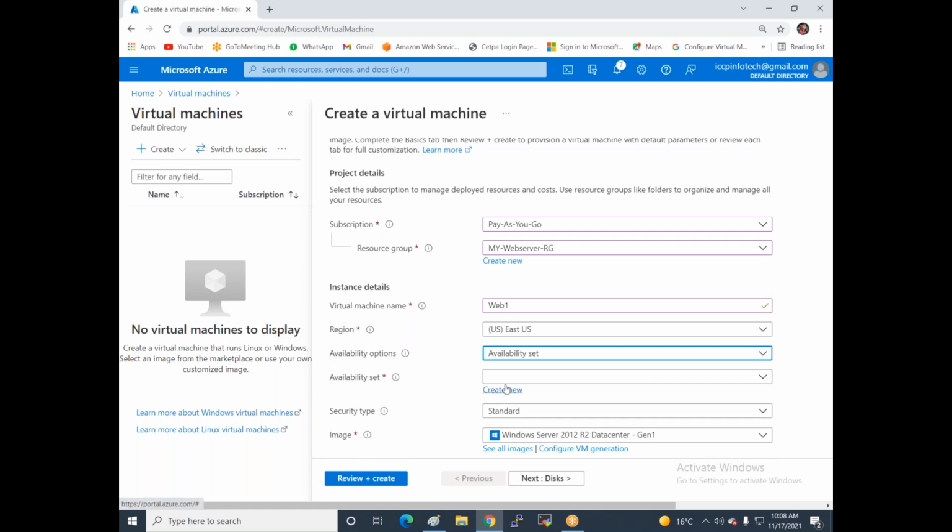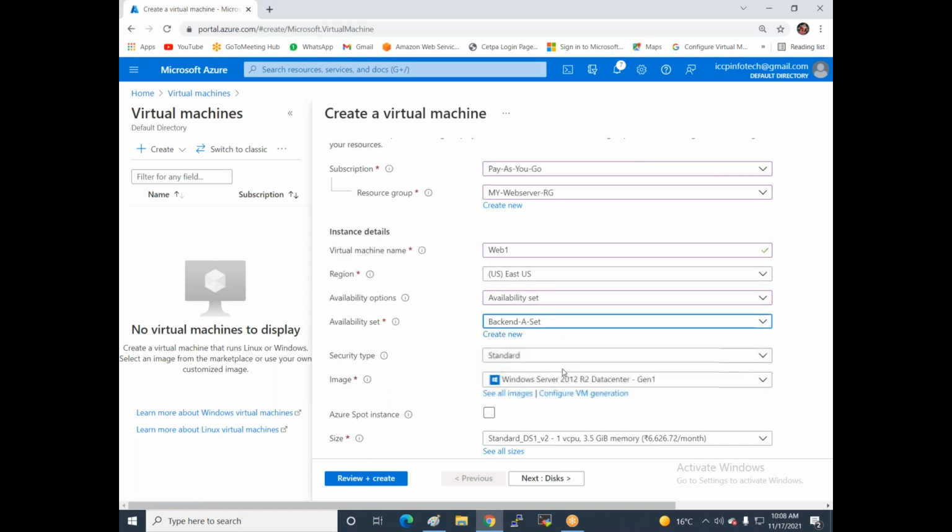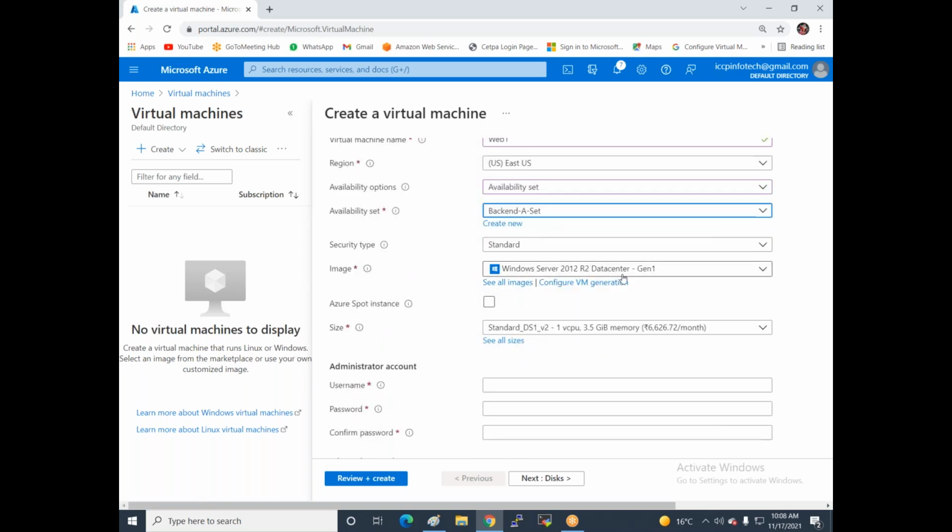Now you can create a new set or select an existing one. I've already created it, so now I'm selecting the existing one. For the image, we have selected Windows Server 2012 R2 Datacenter, generation 1 edition.